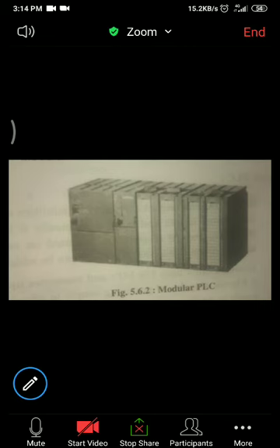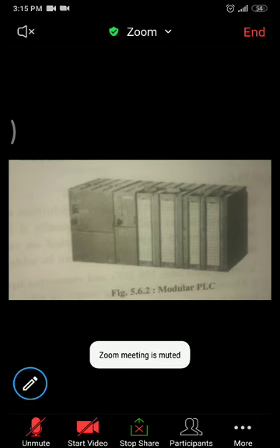Additionally, up to 100 input outputs can be connected. As we discussed, a modular PLC has an expansion slot, so it can additionally add 100 input outputs. So we have 32 input outputs by default, and we can add up to 100 IOs to that. It can cover units up to 128 IOs and memory up to 2 kilobytes.